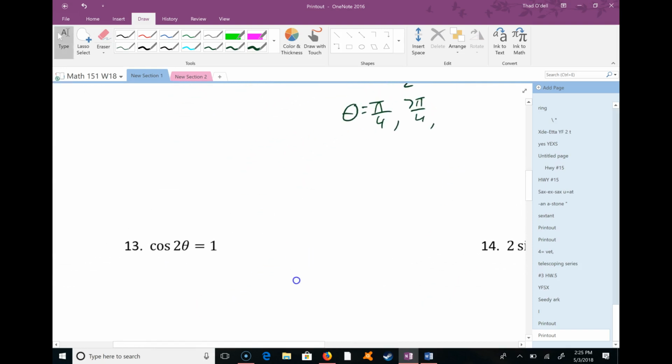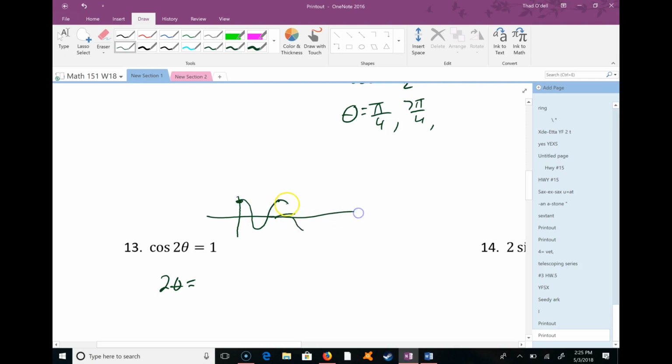I want to do one of these with cosine with a 2 on the inside. So the first thing I would do here is undo the cosine. So I'm saying when is cosine equal to 1? If I undo the cosine, I get 2 theta is left. So when is cosine equal to 1? Well, you could picture the graph or the unit circle, but I notice it's 1 right there, right there, right there. So cosine is equal to 1 at 0, 2 pi, 4 pi,